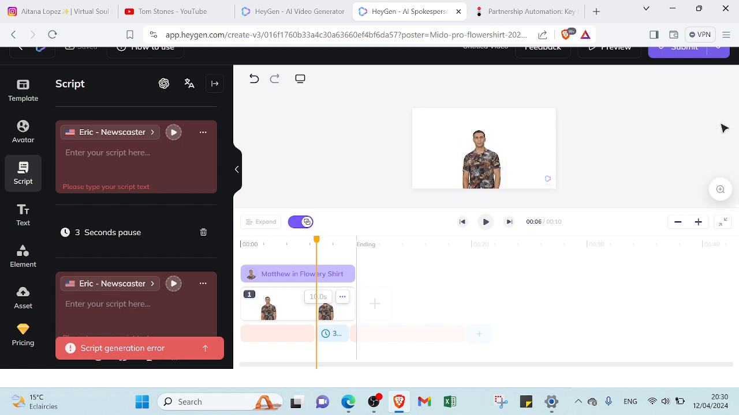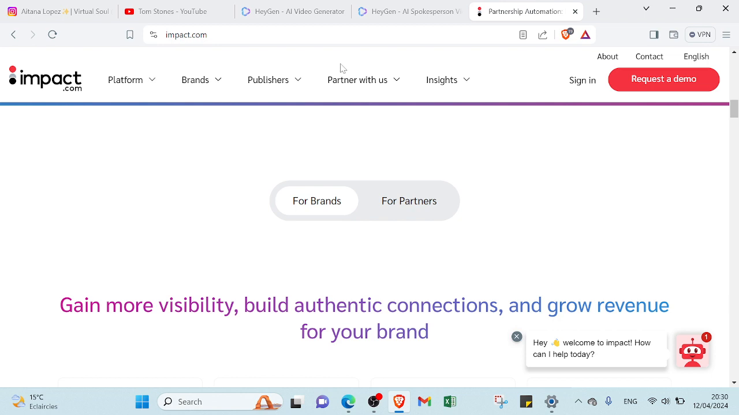So there are various ways to earn money using these videos with AI characters. You can, for example, start with affiliate marketing through platforms like Impact.com, which offers affiliates flexibility in terms of how they promote products or services, allowing them to work independently. By promoting products or services through affiliate partnerships, affiliates can earn commissions on sales generated through the referral links,